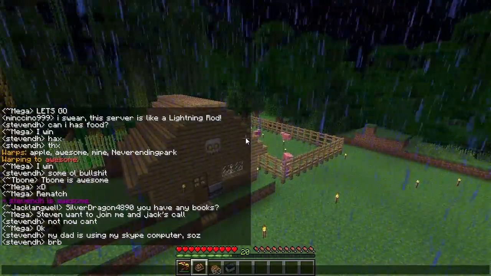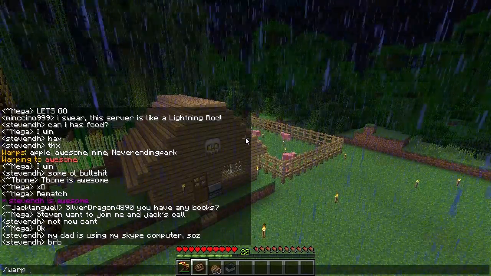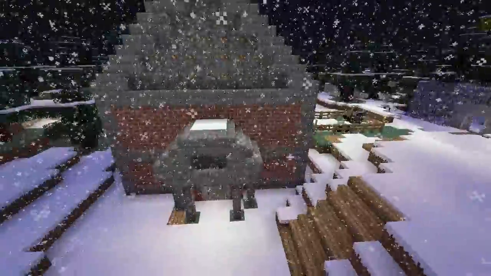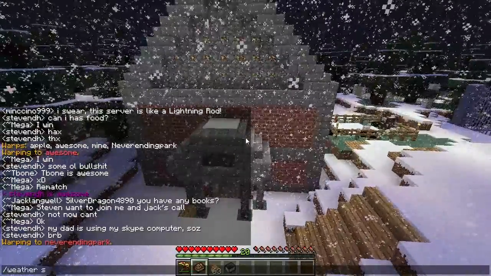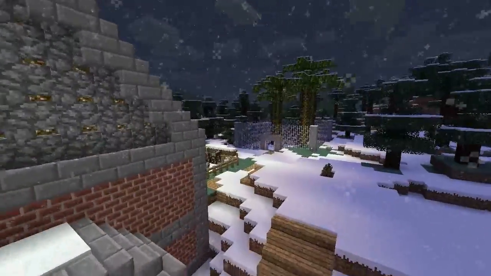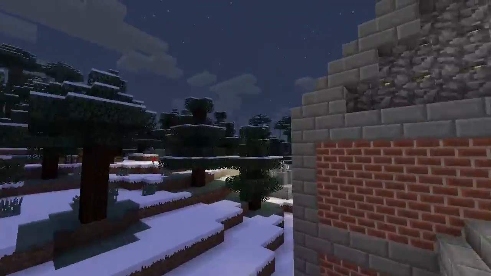So now let's go to, this is probably my favorite thing I've seen on the server thus far. If we go to Never Ending Park, I really like the architecture alone of this place. I thought this was really pretty. They actually just changed this, and it's kind of hard to see, so let's do /weather clear sun. I think it's sun, right? Yeah. So hopefully you get rid of the snow, because it's hard to see, I feel like. But yeah, so I did find this, and I just thought this place, looking around it,